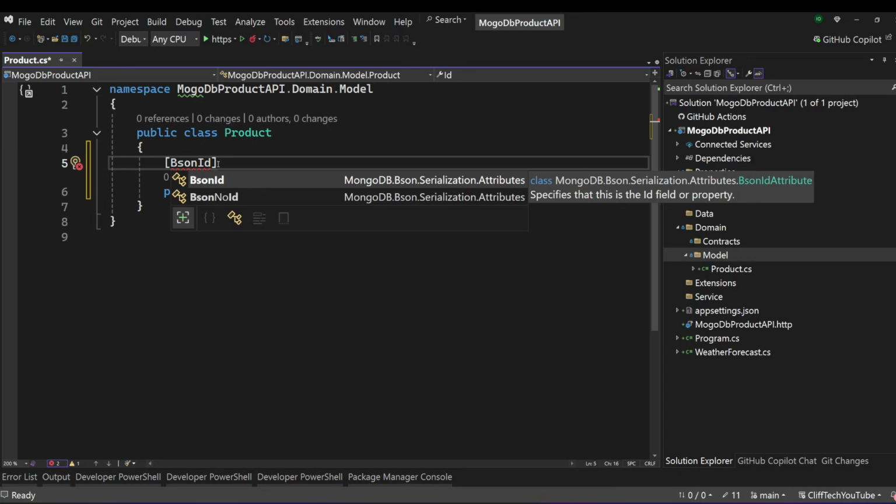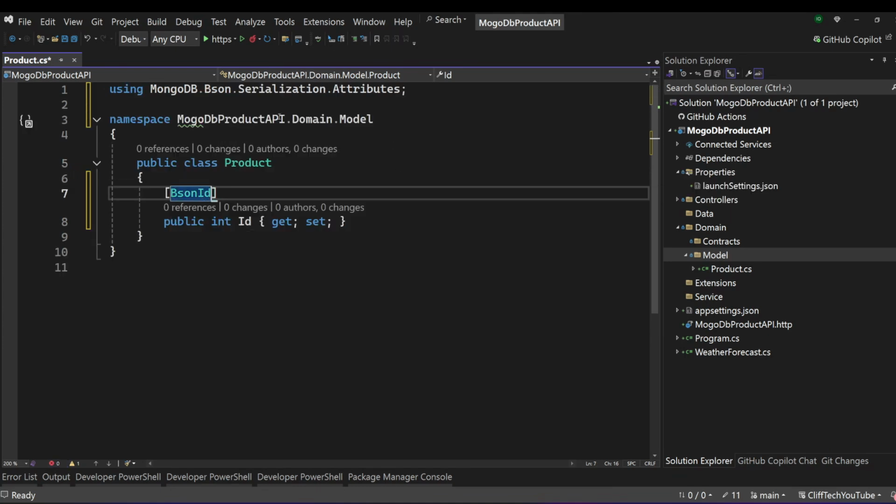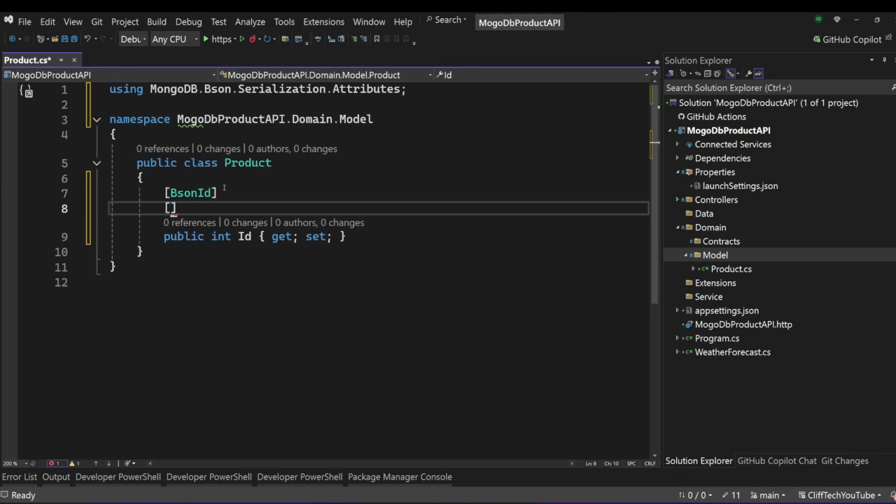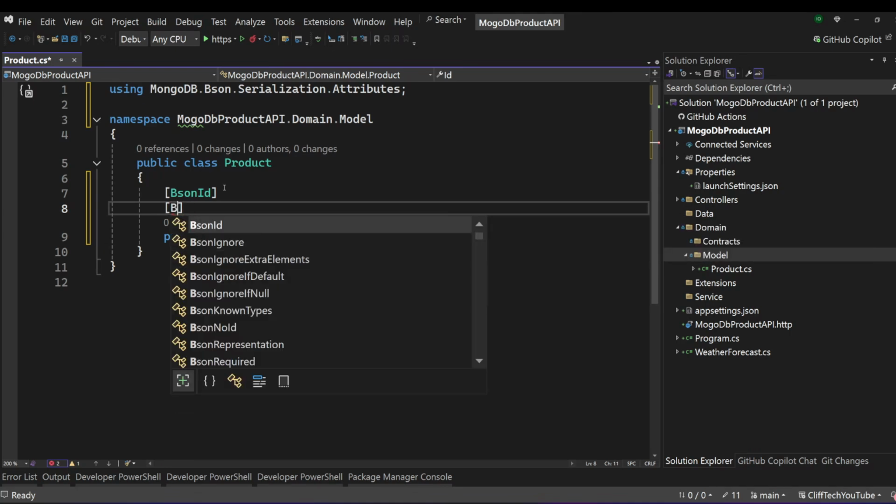BsonId, which is coming from MongoDB Bson. So this is the package we installed, right? We have already installed this MongoDB driver, so it will come from there for us. And then the next thing that we want to do is the BsonRepresentation. We also want to do something like that. So we see that Bson right here,